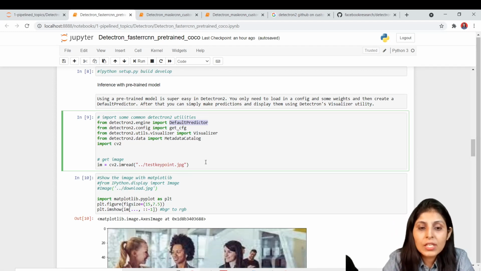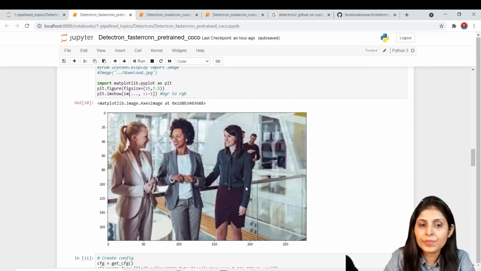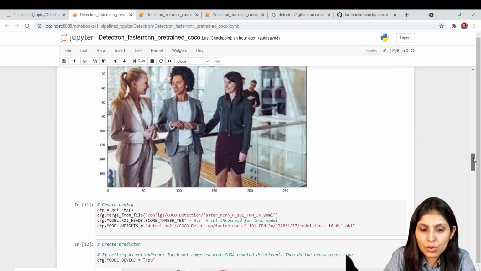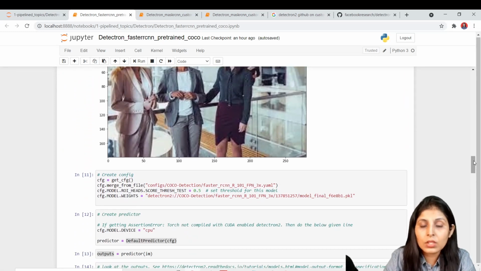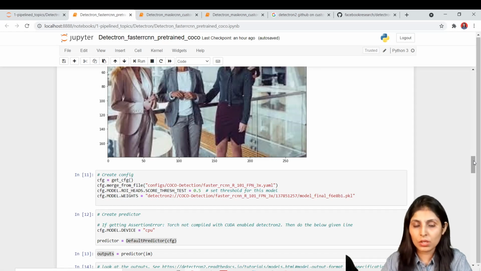So guys, now what I'm doing is, this is the image. On this image I want to perform image segmentation or object detection or key point detection, right? So let me show you that image. So this is the image, right? On this image, the very first thing I want to show you is the image segmentation work. Image segmentation, the same kind of work which Mask R-CNN does. Okay, so that we want to perform now.